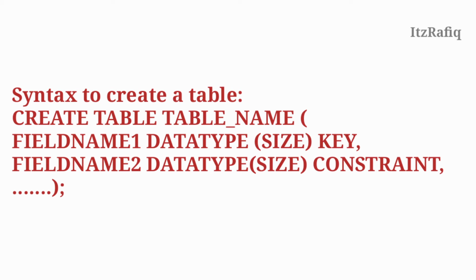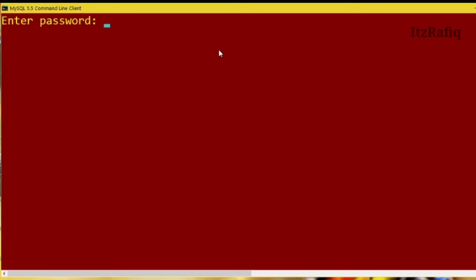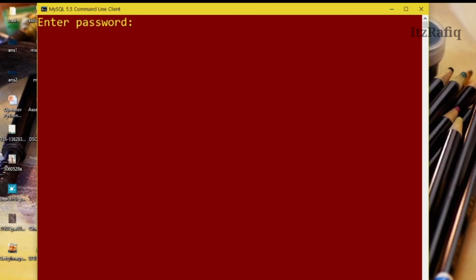So let's have an example practically. Suppose we have to create a database with the fields roll number, name, total marks, grade and date of result.